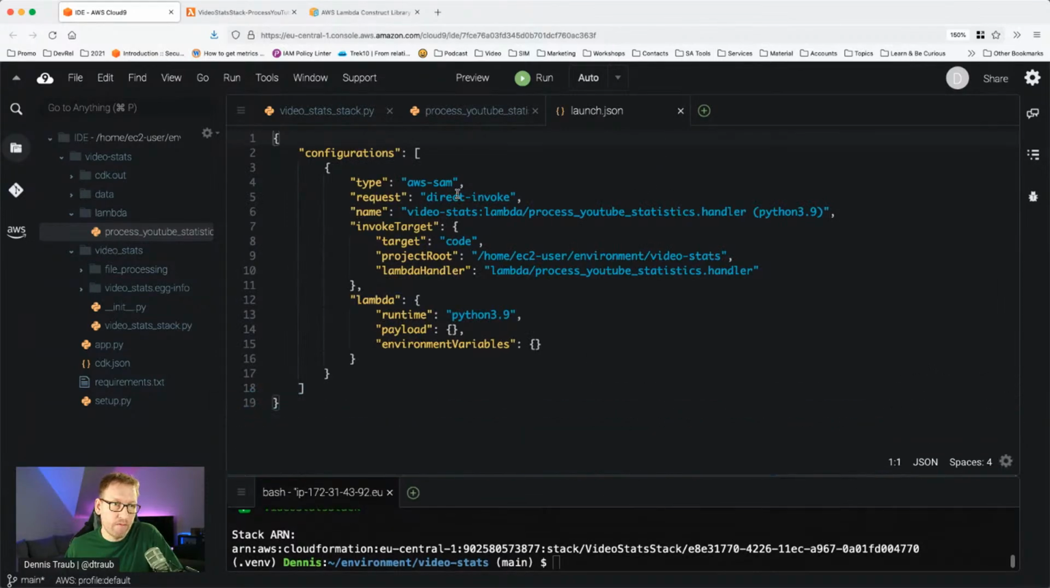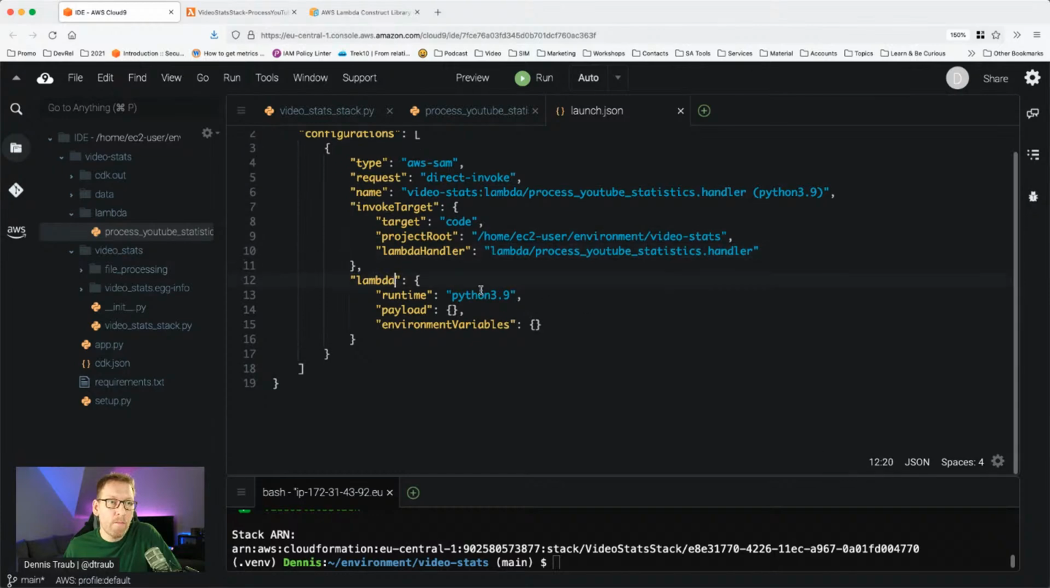And now let's have a look. This is the configuration, this one. What it does, it invokes the target, the code, project root. It has the Lambda handler. It has a number of things here like runtime, payload, and environment variables. And now inside of the payload, I can set the actual test event that I want to use when I